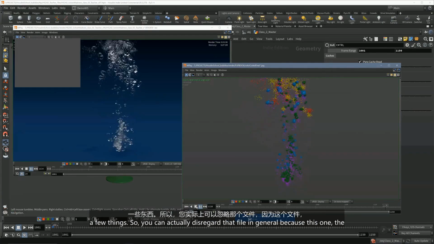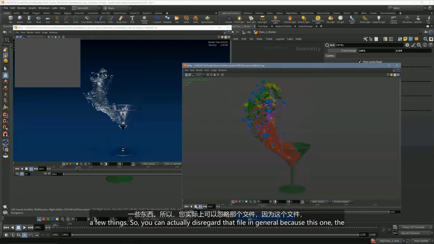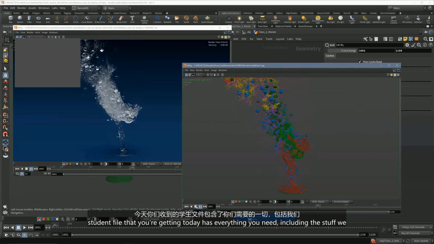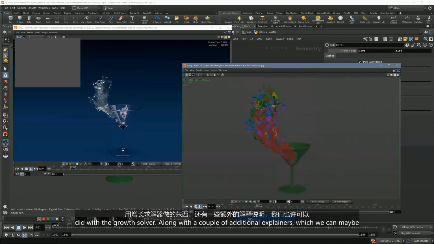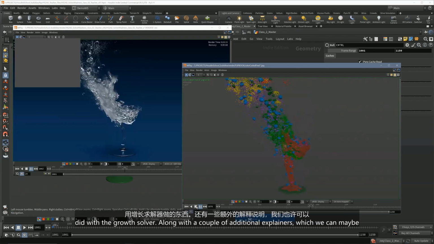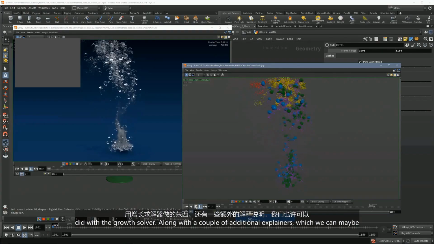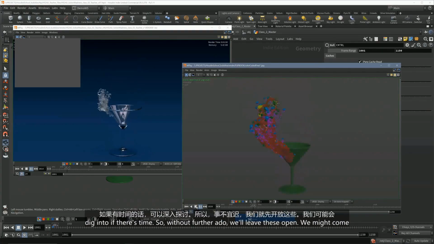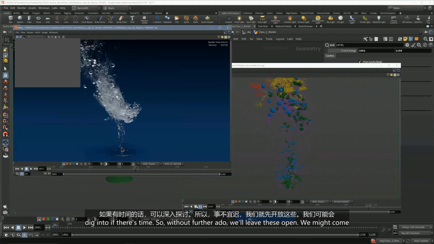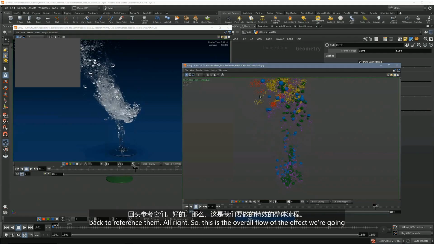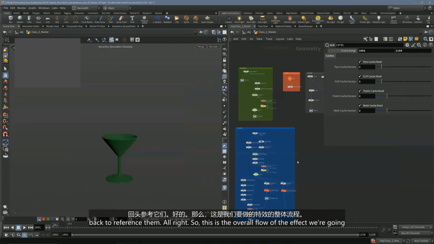So you can actually disregard that file in general because this one, the student file that you're getting today, has everything you need, including the stuff we did with the growth solver, along with a couple of additional explainers, which we can maybe dig into if there's time. So without further ado, we'll leave these open. We might come back to reference them. All right. So